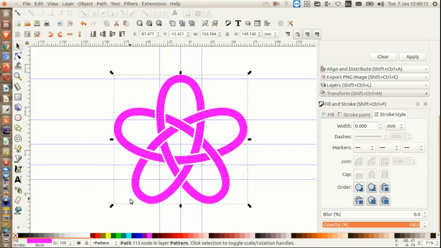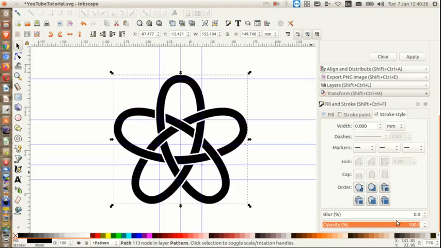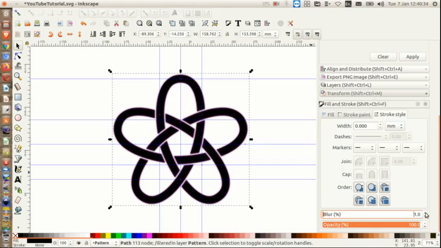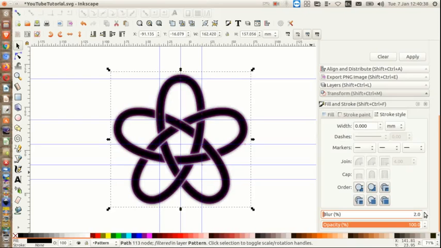I'm going to create a drop shadow. The way I'm going to do that is to duplicate this, so do Control and D, change it to black, and then I'm going to give it a slight blur using this here. I think I'll give that another one, and reduce the opacity